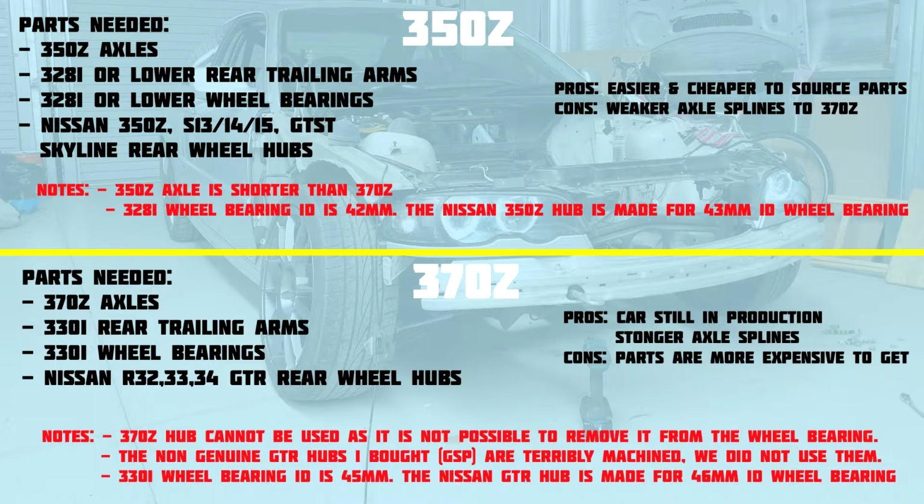The third and final note that I have is just the difference in internal diameter between the wheel bearing on the 330i and the Nissan GTR. As you can see, there's a millimetre difference there, so that millimetre will need to be machined off the GTR hub. The pros of using the 370Z axles are that the car's still in production, so there's going to be